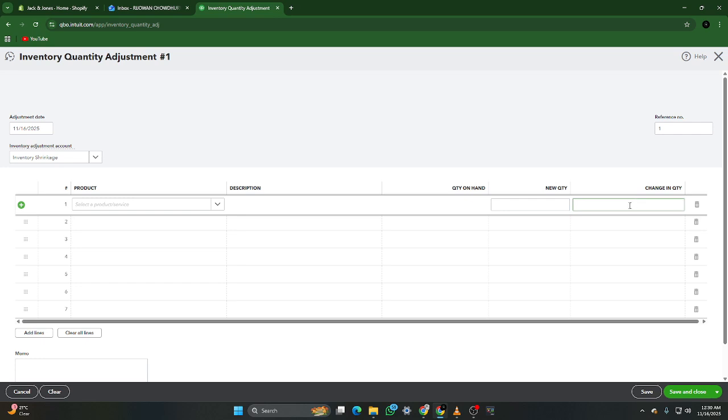And that's it. You've just successfully added or adjusted your inventory in QuickBooks Online. It's a quick process, but each step plays a key role in keeping your business organized and your financial reports accurate. Make it a habit to review and update your inventory regularly so your numbers stay